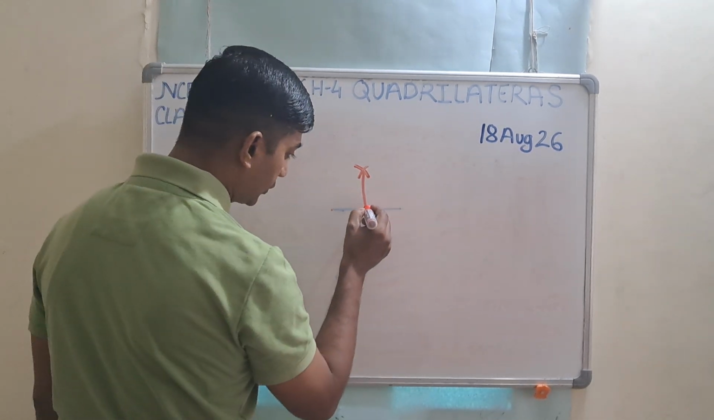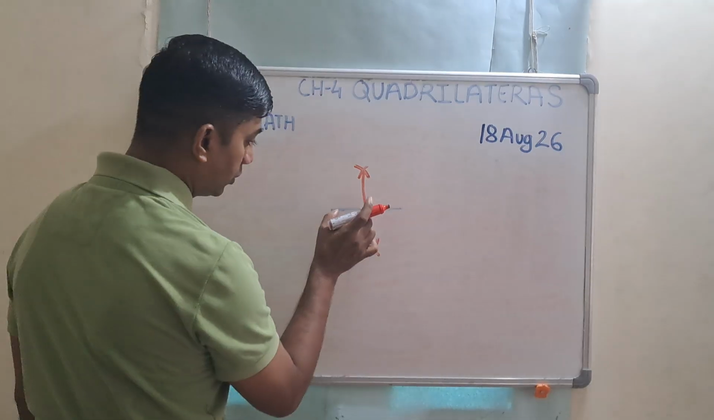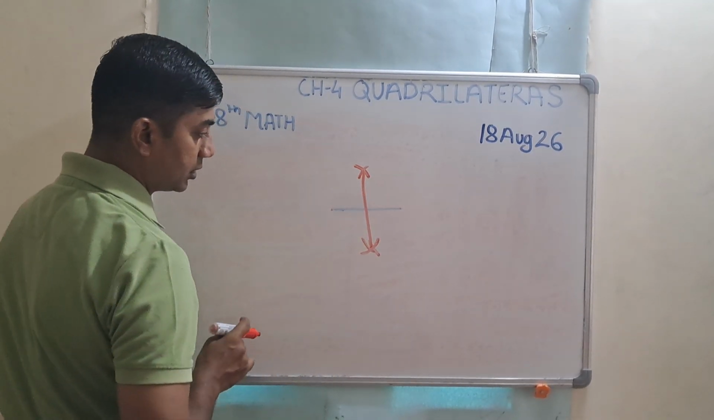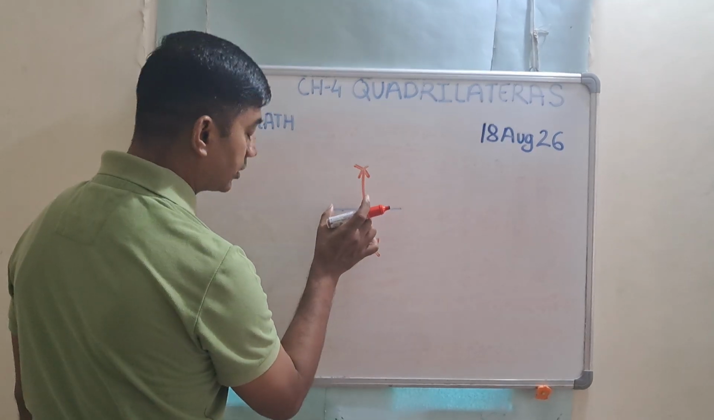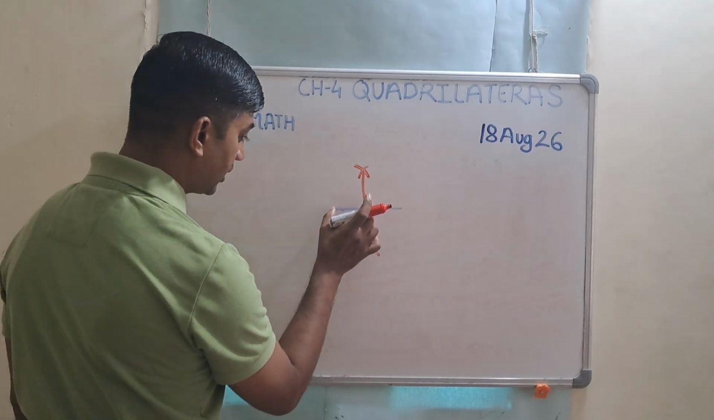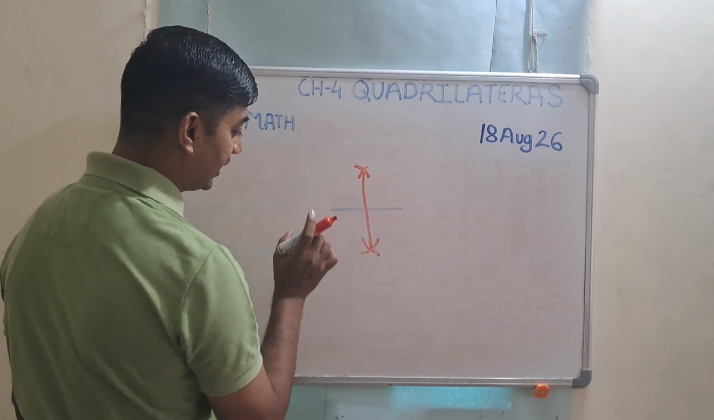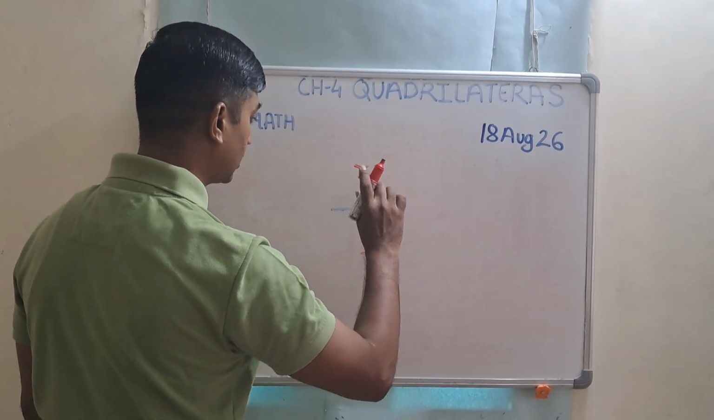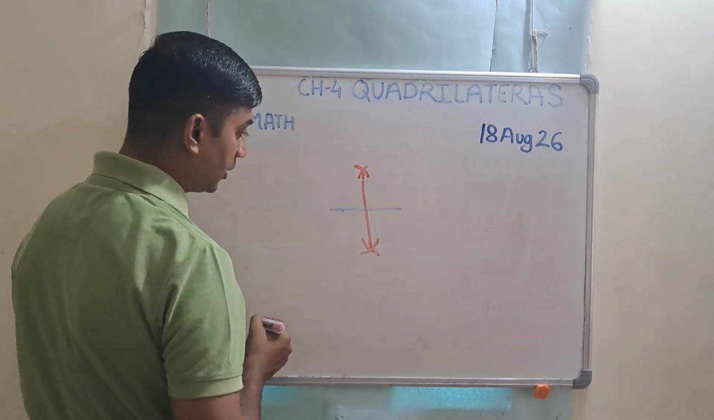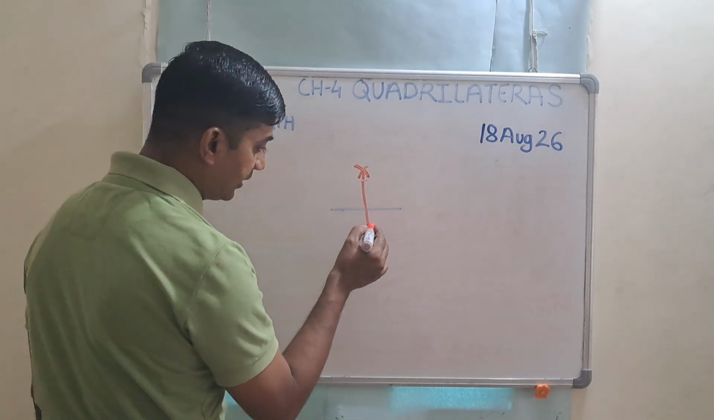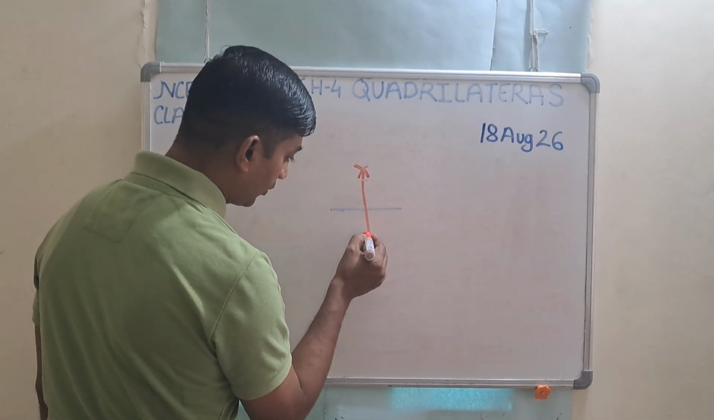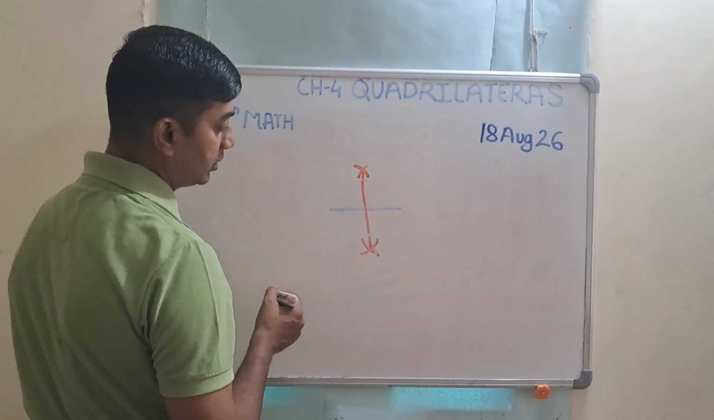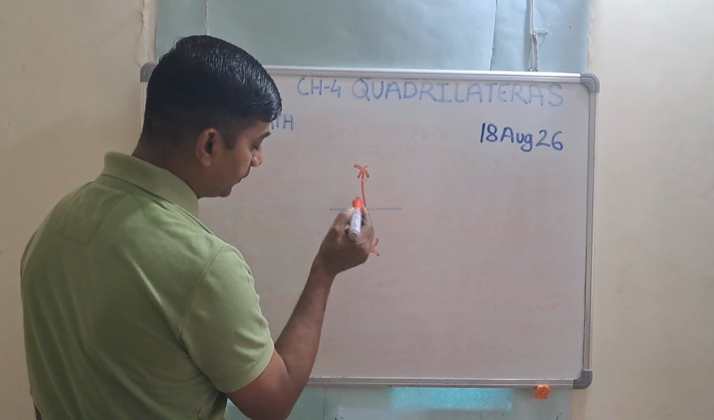Understood? Now this is the midpoint of the one diagonal which is of 6 cm. Now from this point you measure with the help of your compass. Take 3 cm as a radius and place it here and make a mark. Mark 3 cm here and also at the bottom. Understood? Then this is also the midpoint of